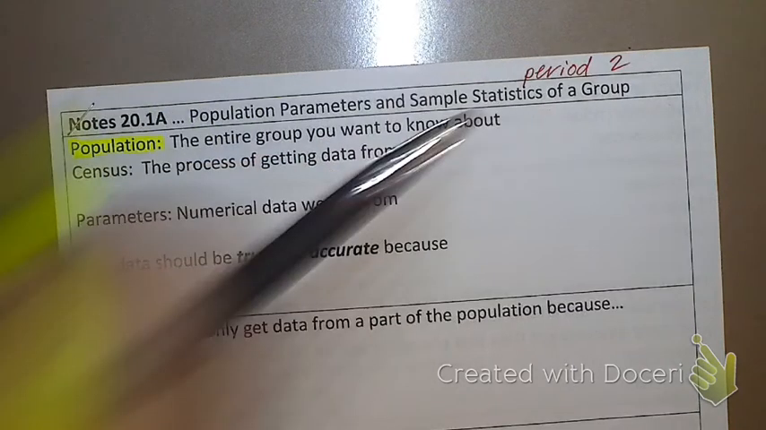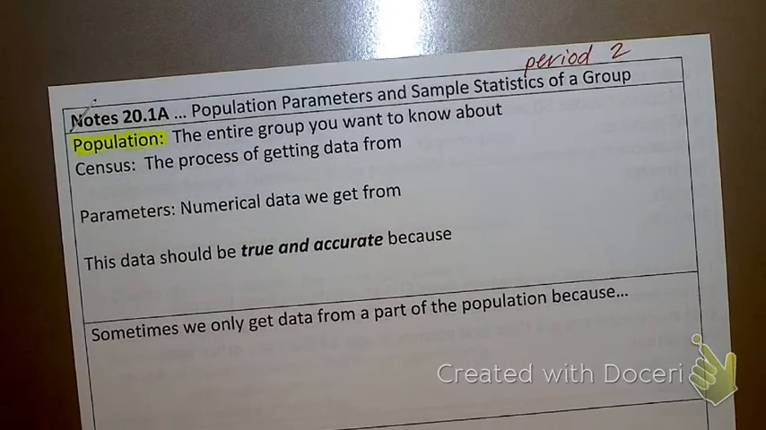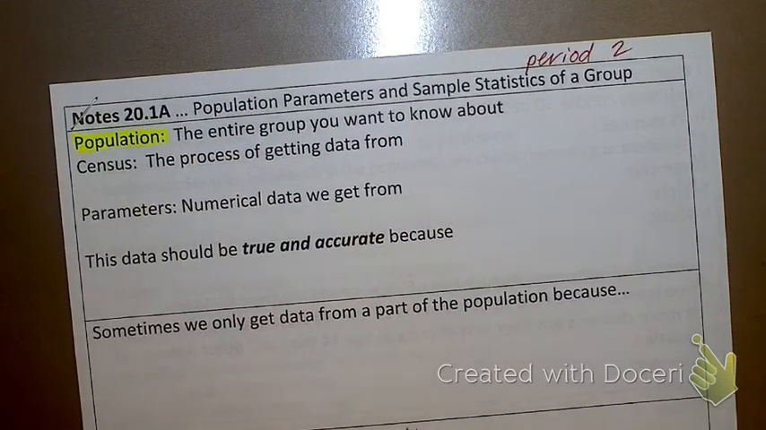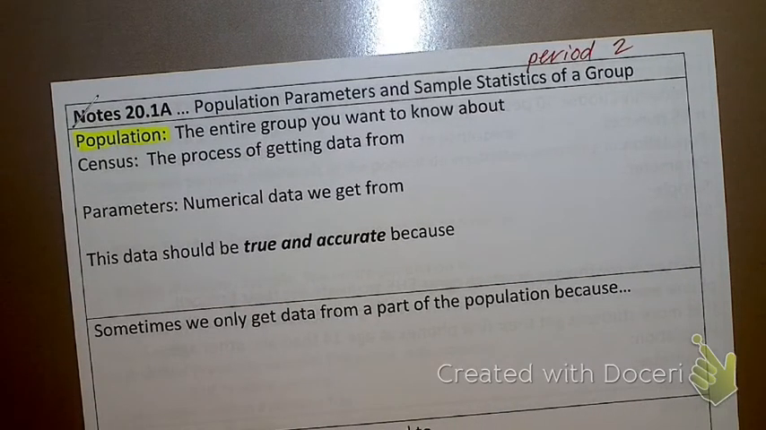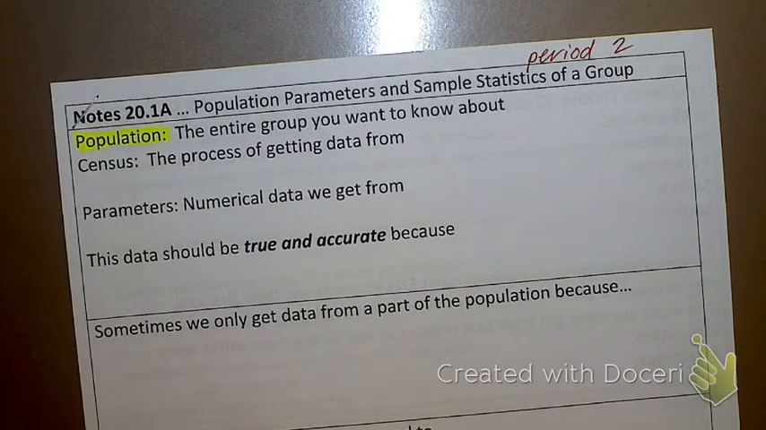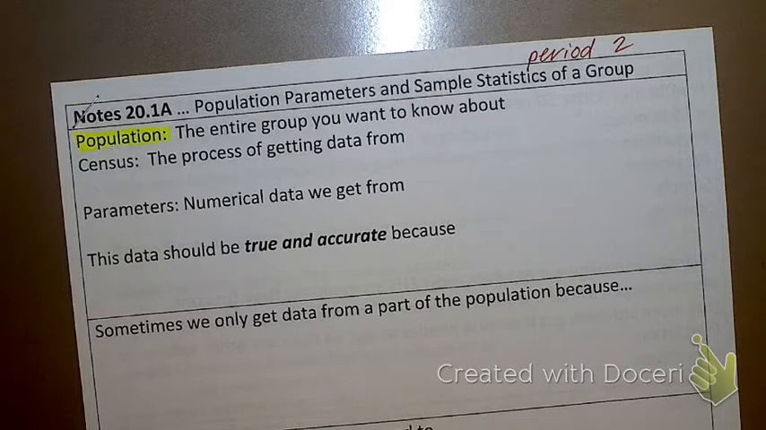Population is our first vocabulary word. What do you think of when you hear the word population? People, a group, right? When we talk about the population of the United States, it's some number, right? Population in this sense does kind of relate to that, but it's basically the entire group you want to know